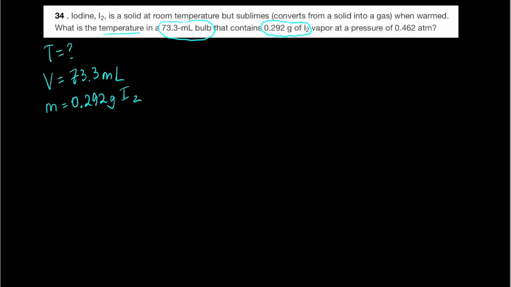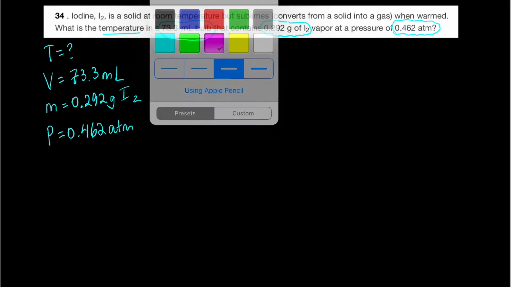And it has a pressure of 0.462 atmospheres. Now, we don't have two pressures, two temperatures, or two volumes, so we're not going to use one of those other gas law problems that you may have learned. We're going to use the ideal gas law, okay? To use the ideal gas law,